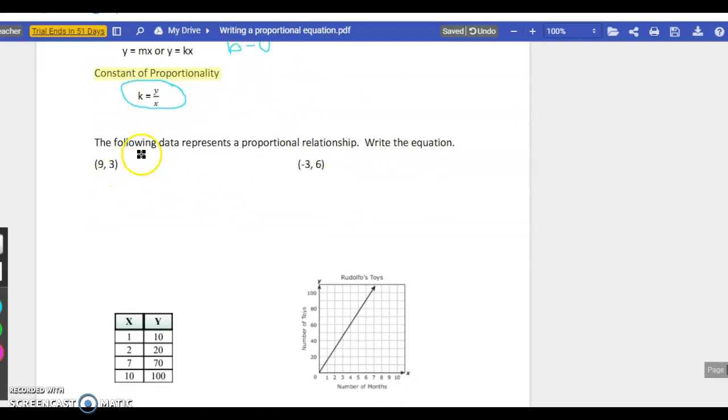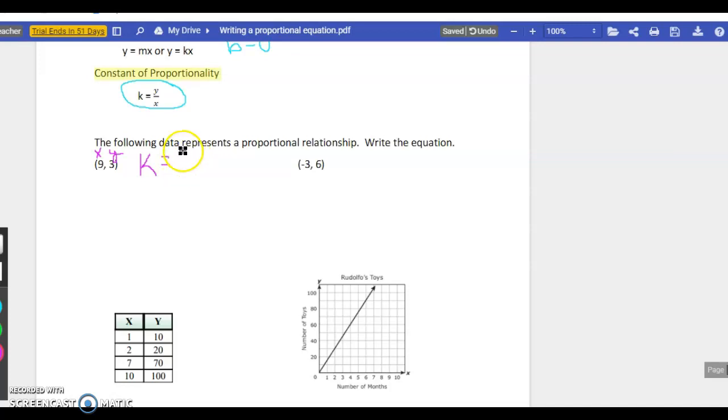Okay, so it says the following data represents a proportional relationship. Write the equation. So I'm telling you that this first point is part of a set of data for proportional relationships. So you don't have to figure out is it proportional or not. And all we need to know is what is the x value and what is the y value. And what we need to do is we need to find what k is so that we can write our equation. So the first way that we can do this is if we remember that k is y over x,